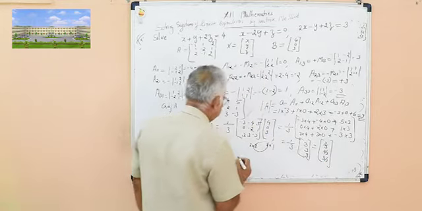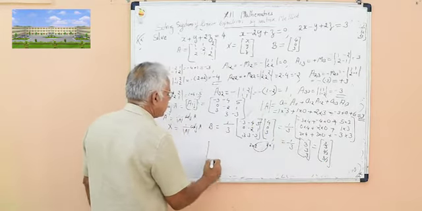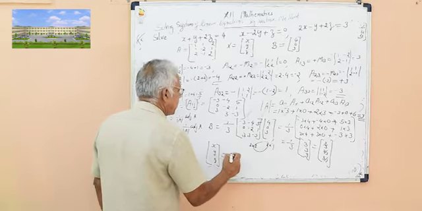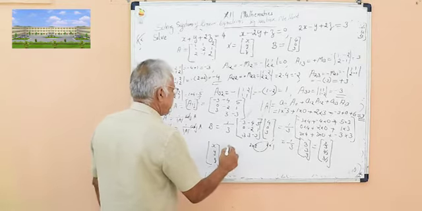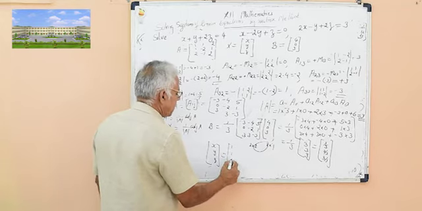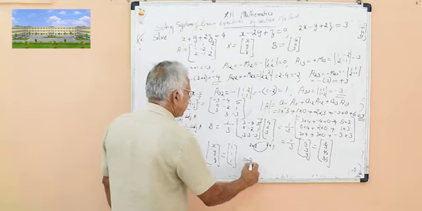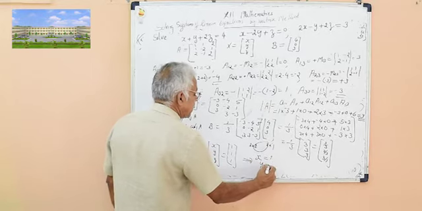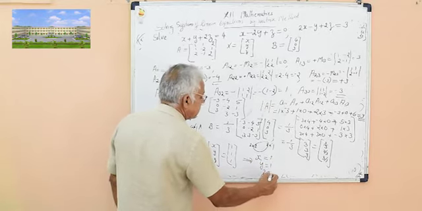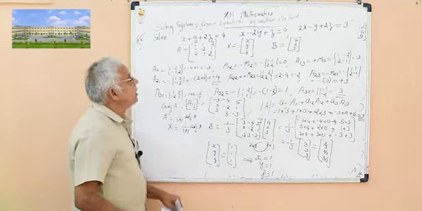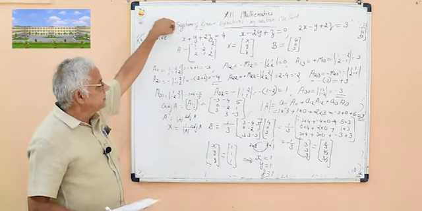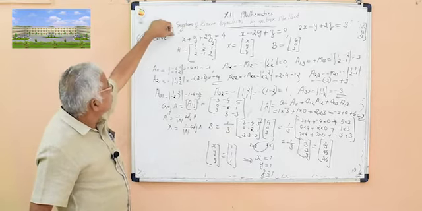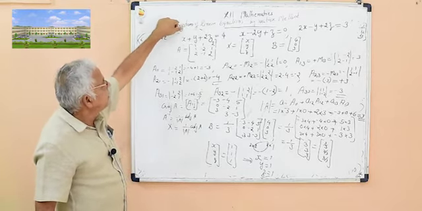Then we get the x value: matrix x, y, z, capital X, is equal to matrix 1, 1, 1, which implies that the solution is x is equal to 1, y is equal to 1, z is equal to 1. This is a method to solve the system and find the solution of the variables.